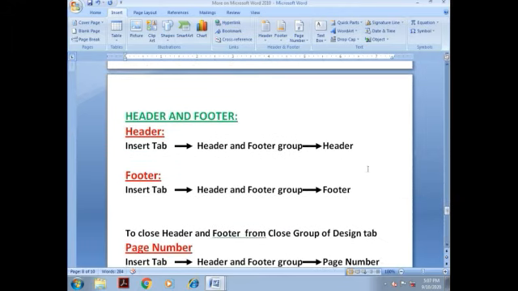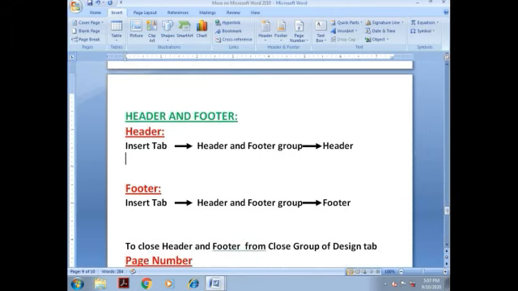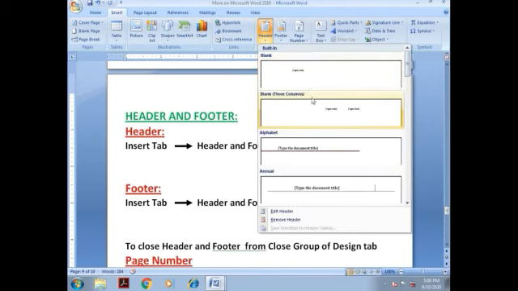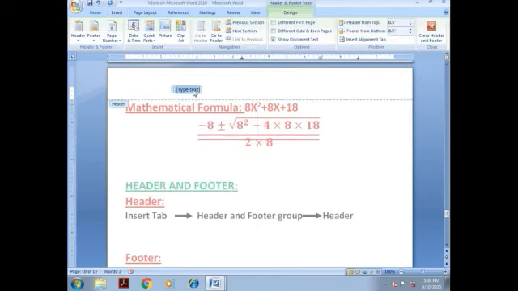We can also have header and footer. Header will be there above our document, above each page, and footer will be there below each page.